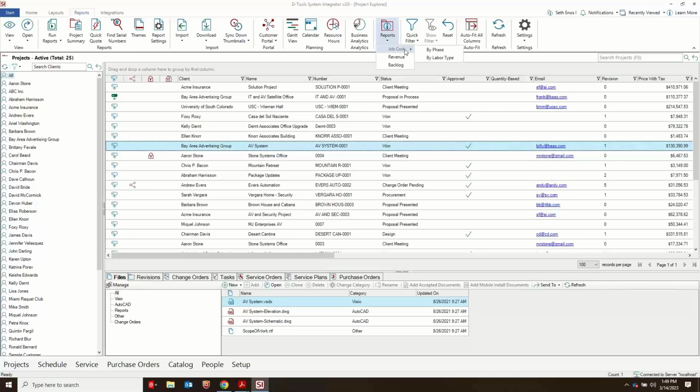We didn't take away the by phase grouping, and I'll be honest with you, I have no idea how many of you look at this granularly, or if it's just I need to see the job cost for the product, just give me the total numbers. But when we released job costs, we gave you the by phase grouping, and we still have that. You can still do that if you want to,